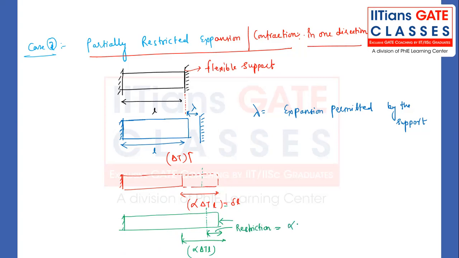How much of restriction is there? Alpha into delta T into L. You cannot have that much. Only you can have what? By which particular amount can you have the expansion? Only by lambda, right? So what I can say, my dear friend, for the material, the total restriction, total deformation will be,